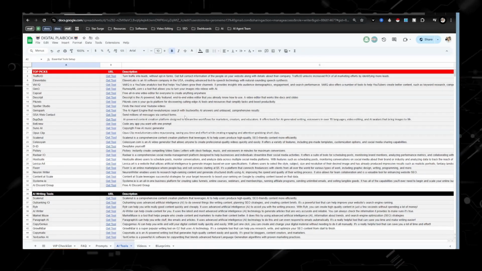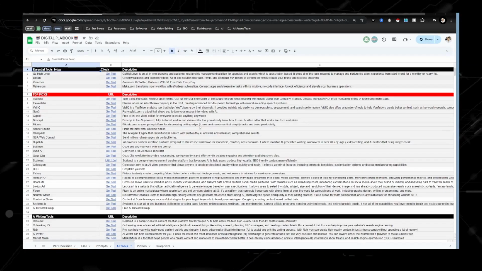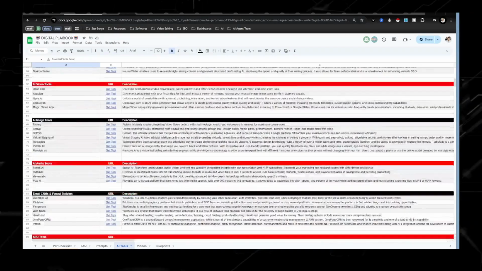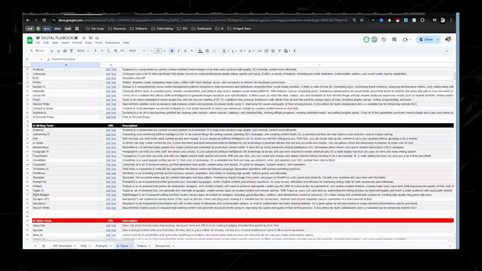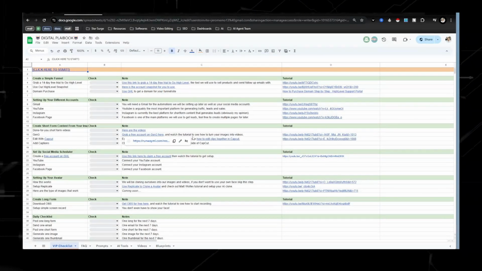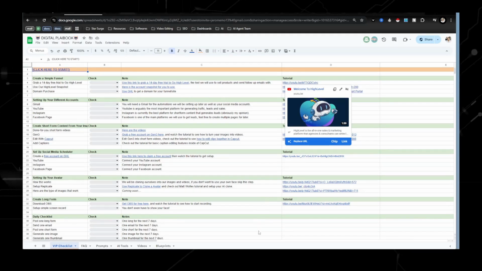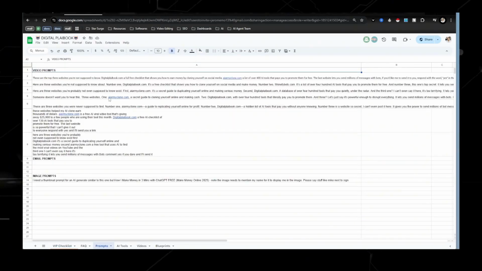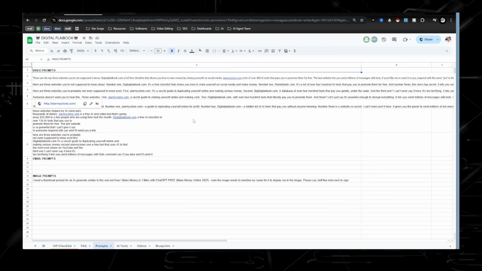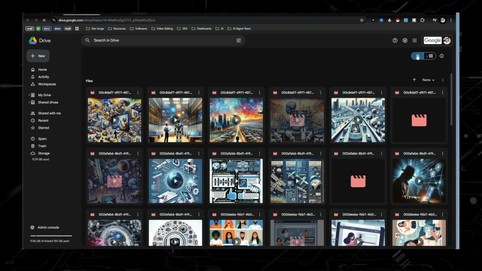you're going to get access to this checklist that you see right here. This is the digital playbook. This has a list of over 130 plus AI tools that you're able to get paid to promote. This is the actual checklist right here that takes you through step by step of how to set up the system and the infrastructure. You got the videos of the tutorials over here of how to set up everything. These are the prompts that I use for my short form content that you're able to have access to. These are actually the short form videos that I use in the background. All of this for free.